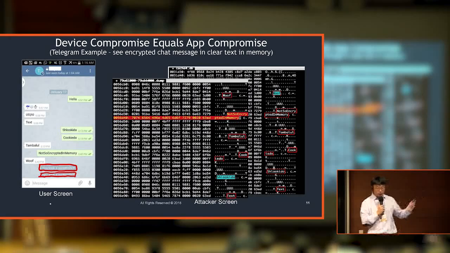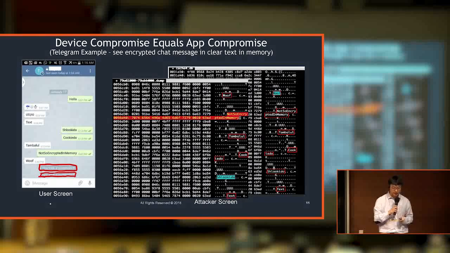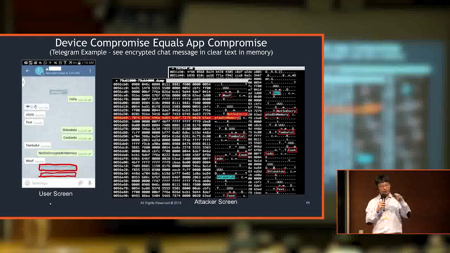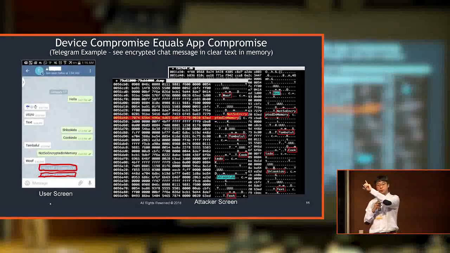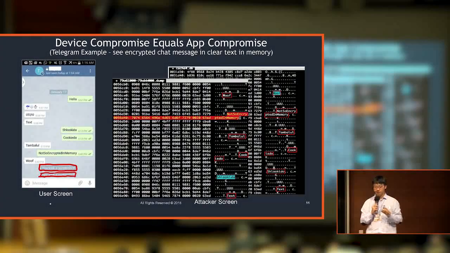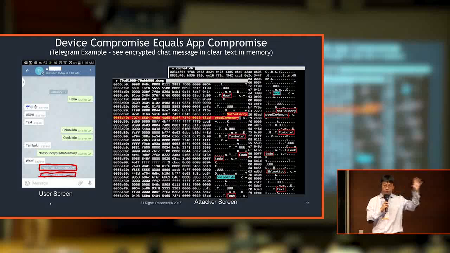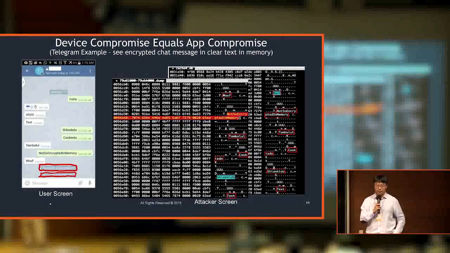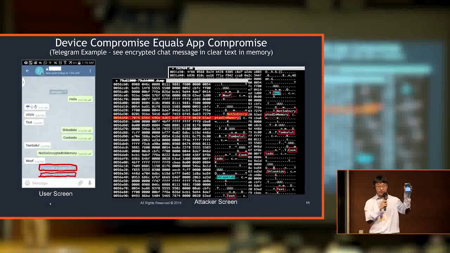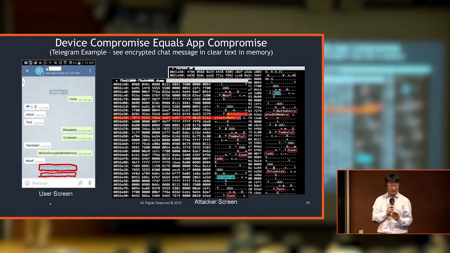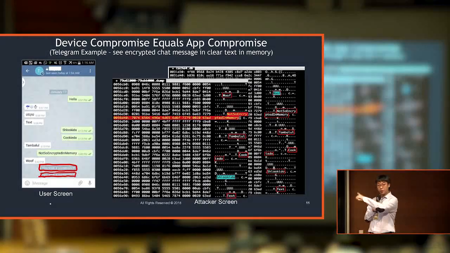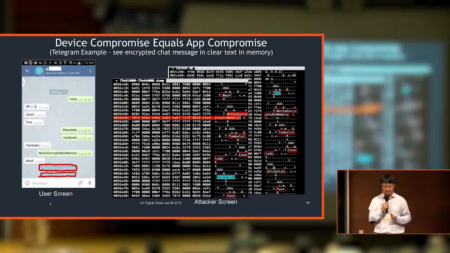And the example we're showing here is a very secure application called Telegram, right? So they implement the best practices. But the hacker's root, so they were able to go to the memory and essentially extract or do a dump of what's in the memory, but not the encrypted part. It's the part that your screen is actually displaying. The screen buffer is not encrypted because for me to see my message, I have to see it in clear text. So the hacker will go there and get the information, so they can bypass the security that you implemented.